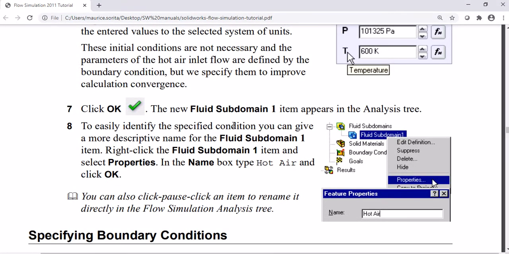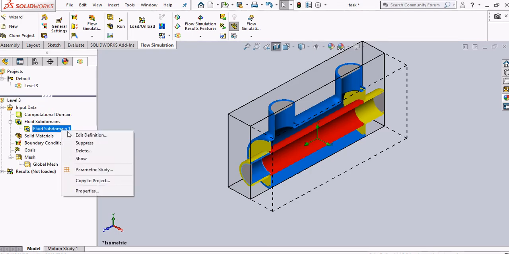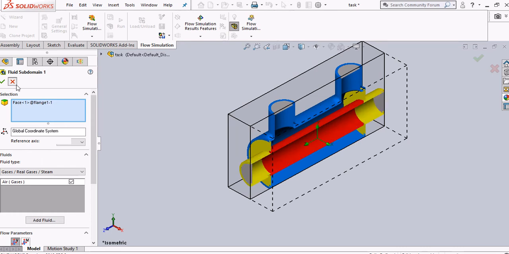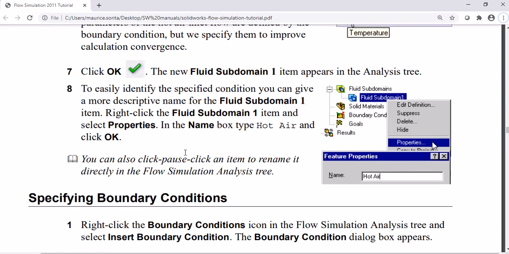So we have already the fluid subdomain. Then we have to rename it to hot air just for quick tracking. So you need to right click and rename it. Okay, we have the setup for the hot air. Then